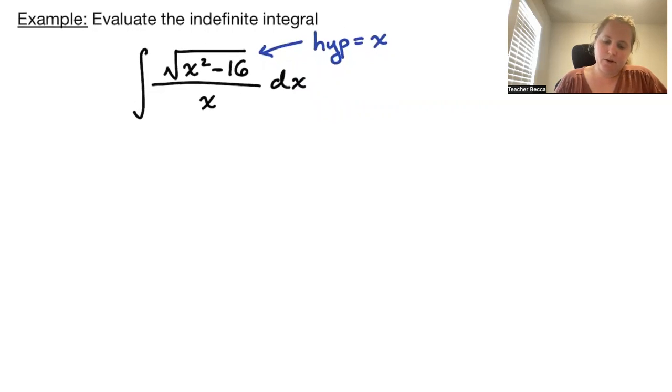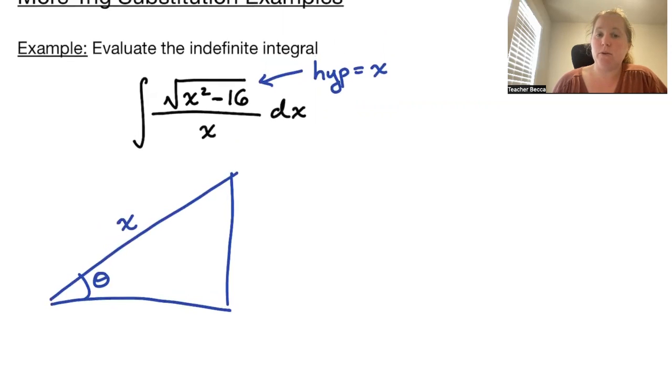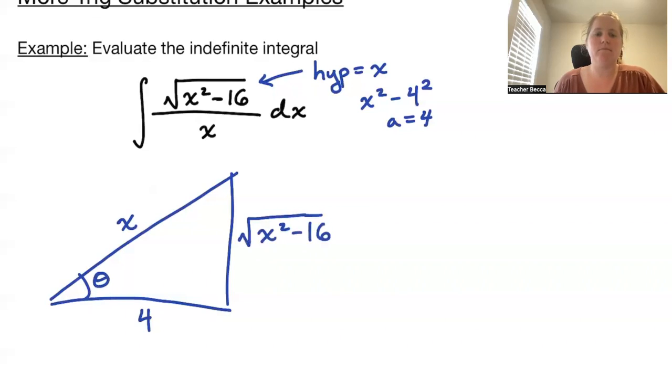So we have our triangle with a hypotenuse of x. 16 is 4 squared. So our A here is 4. We will set that as our adjacent is 4. And the opposite will be that square root x squared minus 16. Using our x and 4,